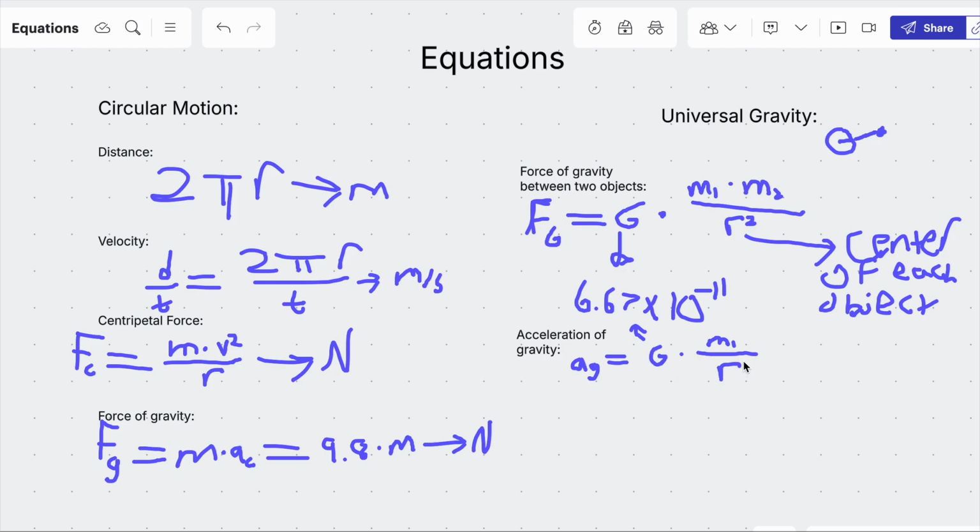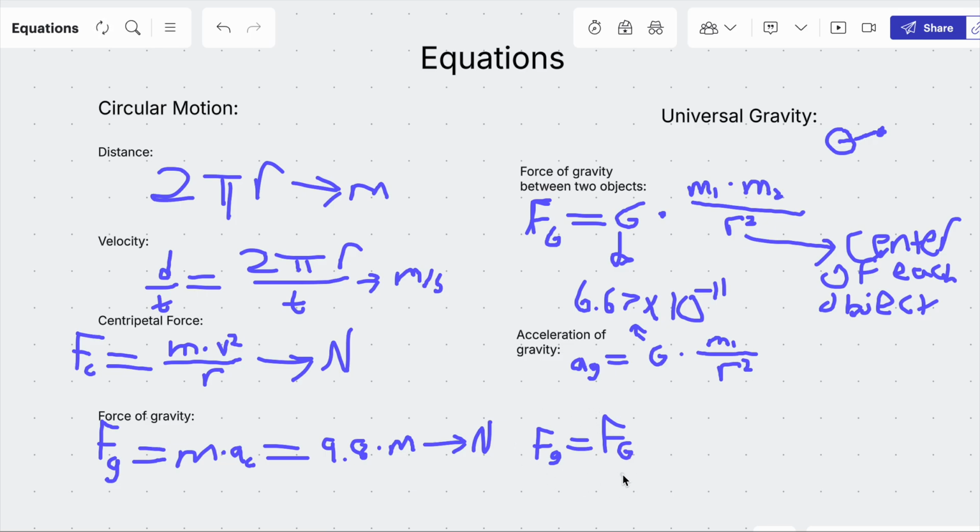Divided by radius squared again. This looks really similar to this for a reason. In the packet, they assume that you can figure out, using our gravity equation over here, the force of gravity an object experiences